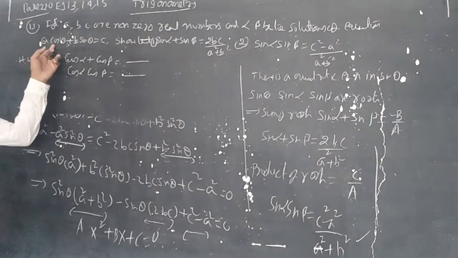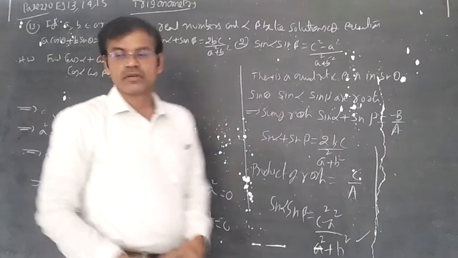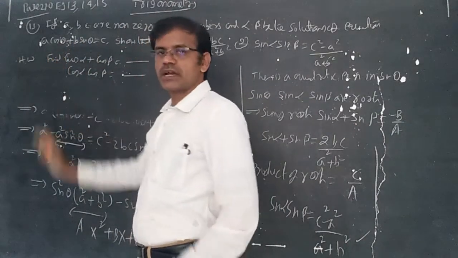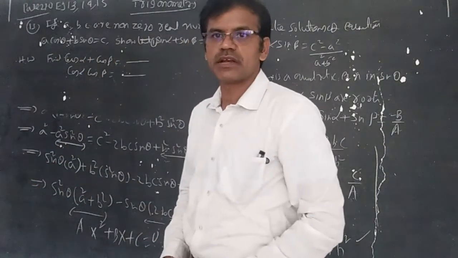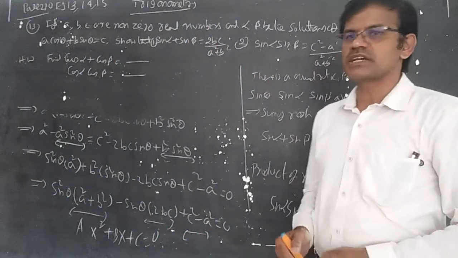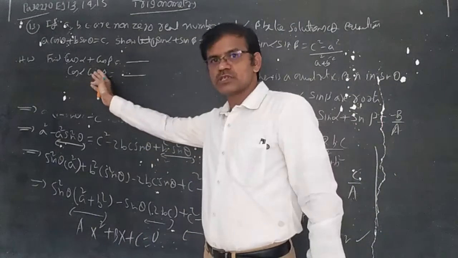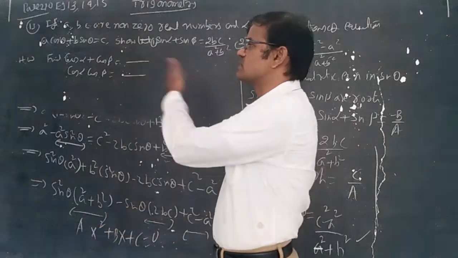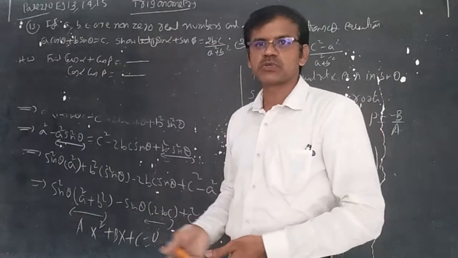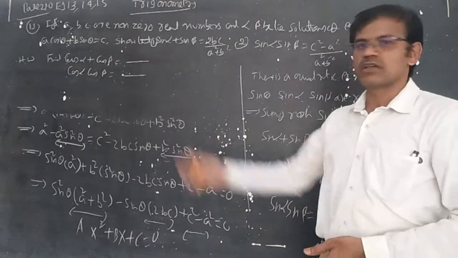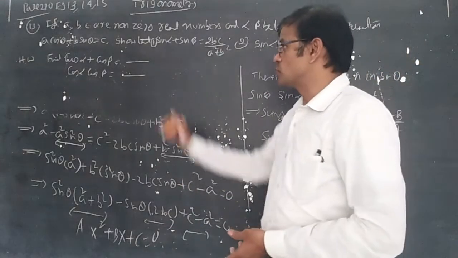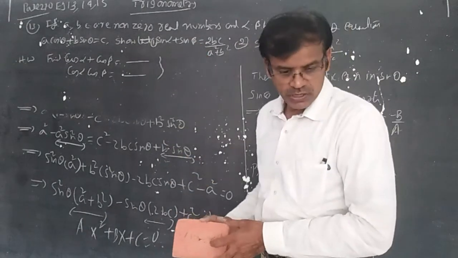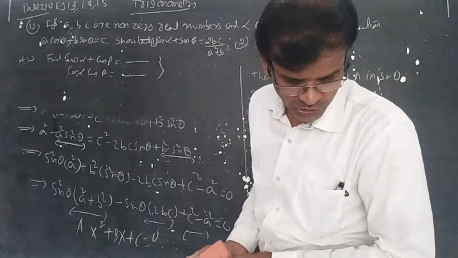Here A cos theta plus B sin theta is equal to C we have taken, and A cos theta kept aside on the left side and B sin theta taken to the other side. A cos theta is equal to C minus B sin theta we had written. For this one you should write B sin theta on the left side and C minus A cos theta on the right side, and by squaring on both sides you get it. In a similar way you can calculate this question. So try to do the homework, friends. Homework given. Next question, 14th question.